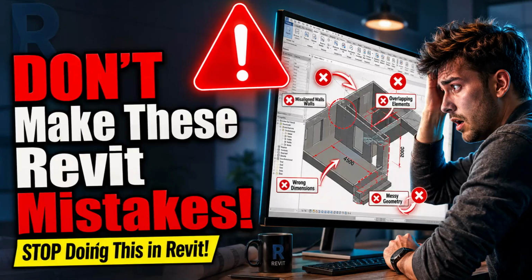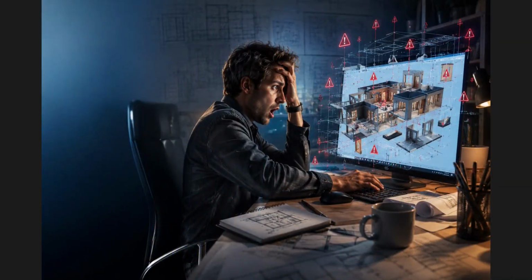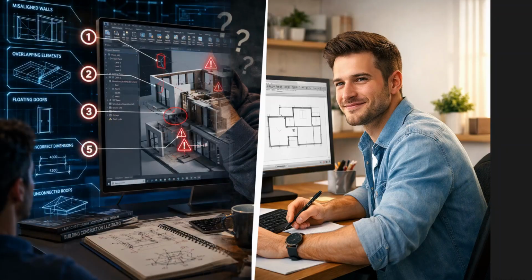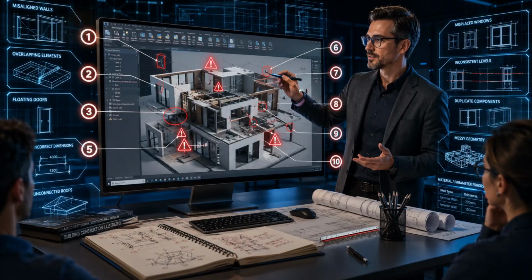If you are just starting with Revit, there are a few mistakes that almost every beginner makes. Some of these mistakes can waste hours of your time. And the good news is they are very easy to avoid once you know them. In this video, I will share the 10 most common Revit mistakes I see beginners make, and more importantly, how